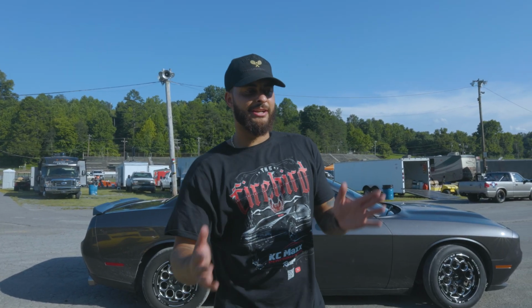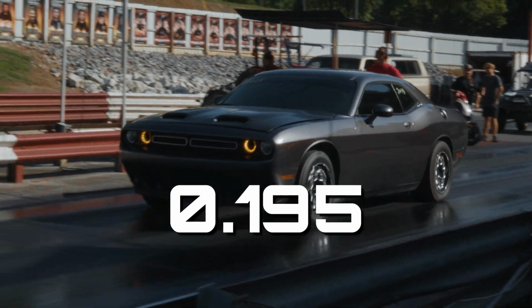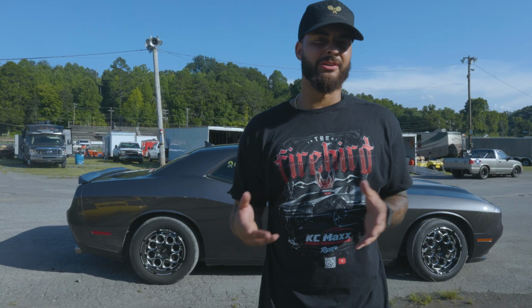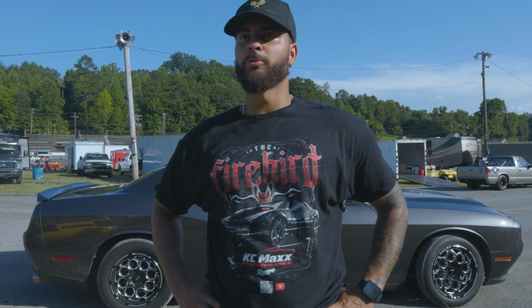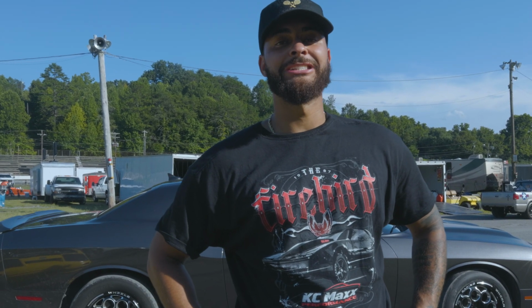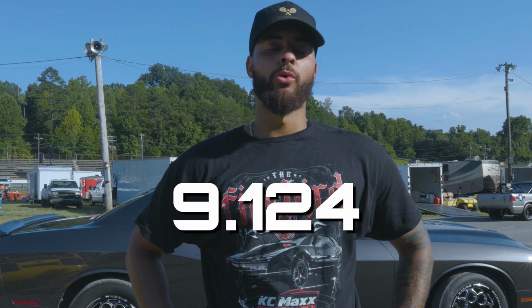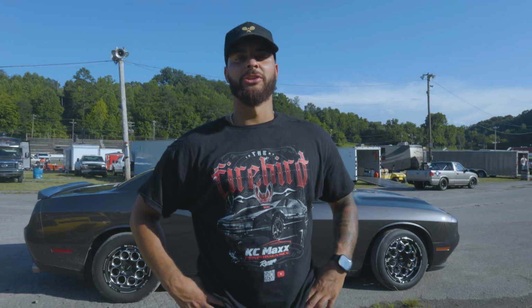Second pass done. I actually had a better jump time. My start was 0.195 or something like that, 0.192. Still slow. I want to be in the 0.02s, 0.01s, but it's better than the last time. Miles per hour was 78.6 and my time was 9.124. So I don't know how I had a better start time and my time was slower, but that's how it